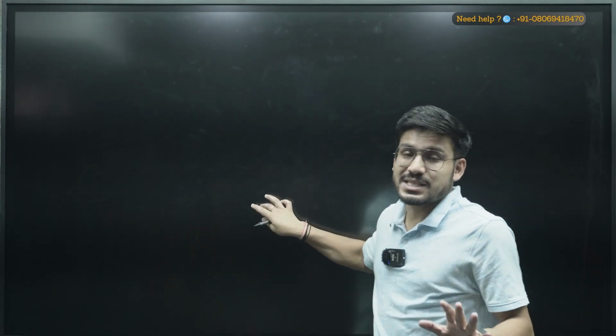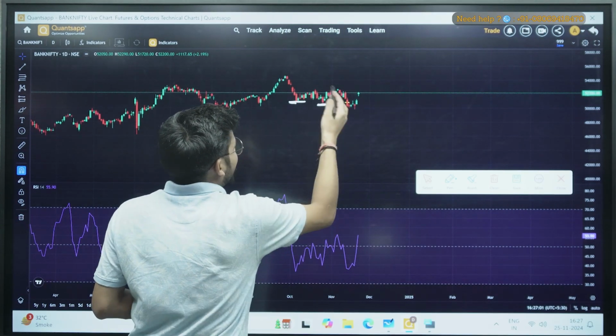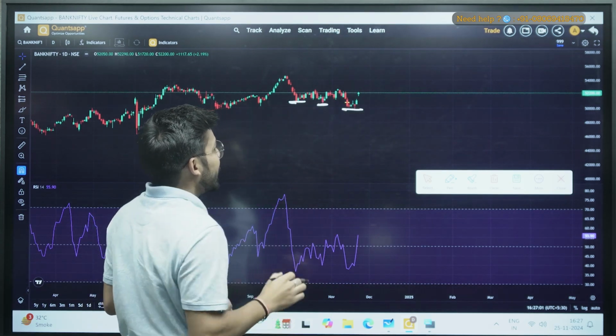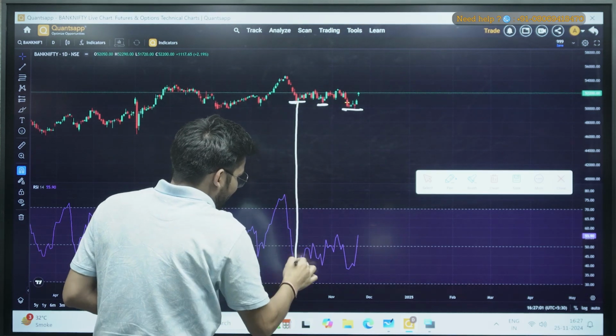So let's test this in the practical application. We will be opening the chart directly. You can see here my market made a low, and then again it took a low, and again my market broke the previous swing low, and again it was taking a support here, right? Now at this point in time, I can see when my market took support here,